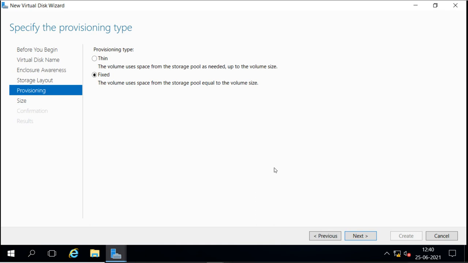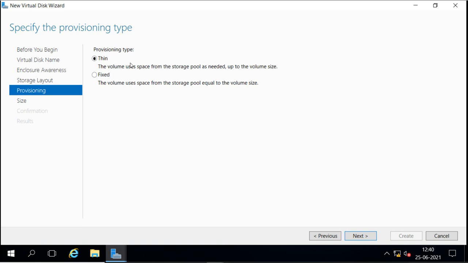Remember, it is not RAID. Now the provisioning type is thin or fixed. Thin means the volume uses space from the storage pool as needed, up to the volume size. It is dynamically allocated. So thin provisioning means it will use only the space which is required. When I create a 10 GB virtual disk, it will not use the whole 10 GB from the pool.